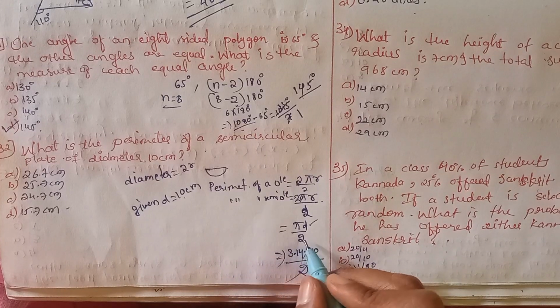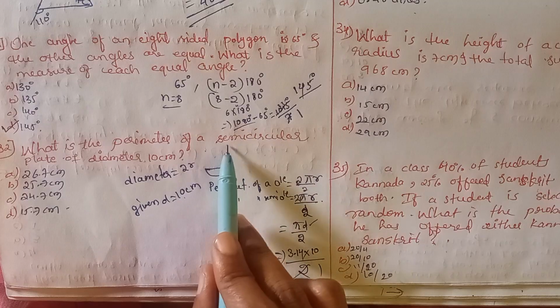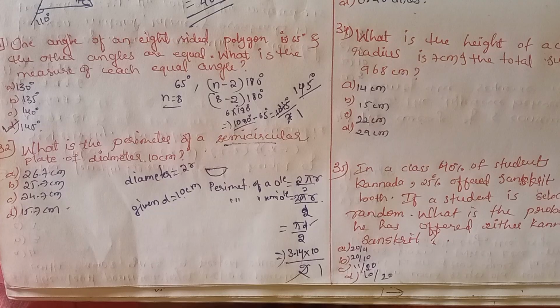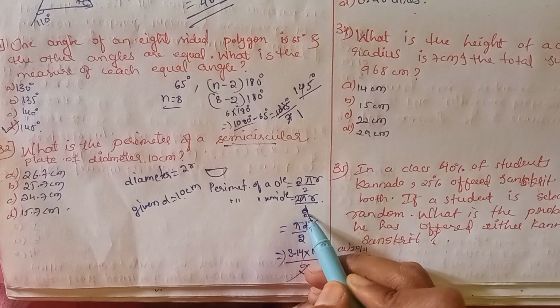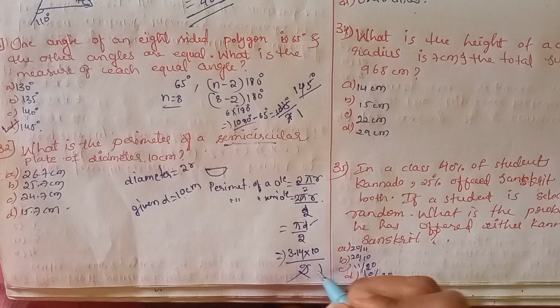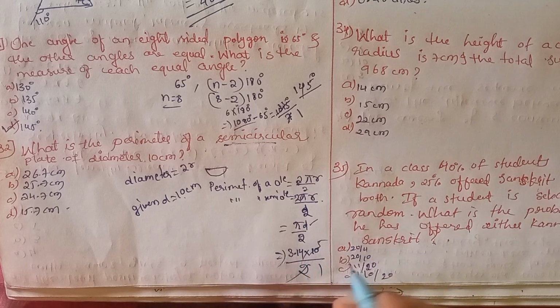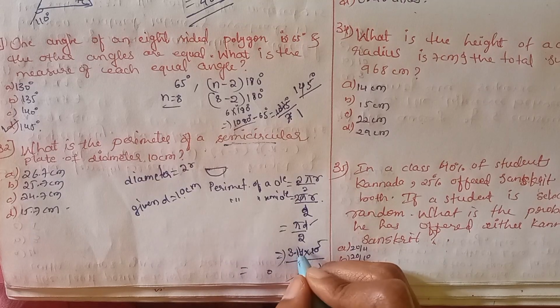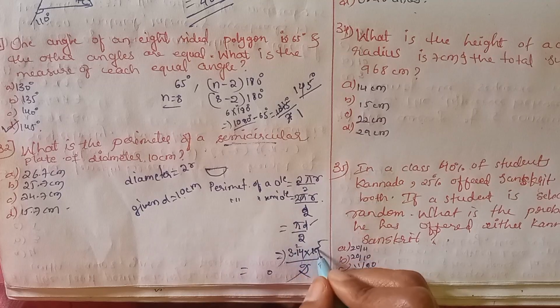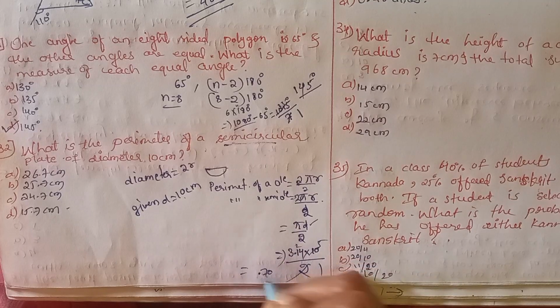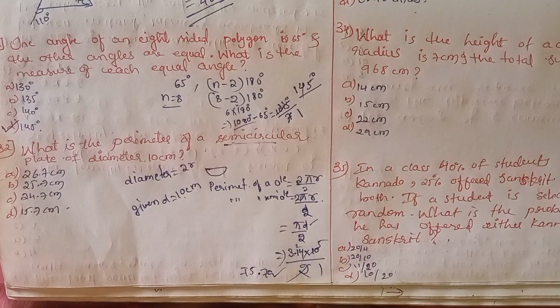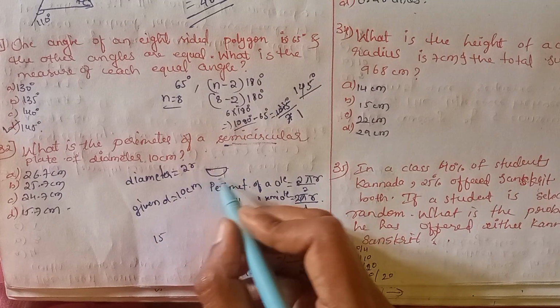So why I have divided by 2 you should remember, because perimeter of a semicircular plate we have to find, not a complete circular plate, it is a semicircular plate. So we have to divide it by 2. Okay. Yes, 2 ones are 2, 2 5s are 10. Now what shall we get as the answer here? 15, 5 2s are 10, 0, 1 carry, 5 ones are 5 plus 1, 6, decimal point as it is, 5 3s are 15. 15.7 centimeter is going to be the perimeter of this semicircular arc only.